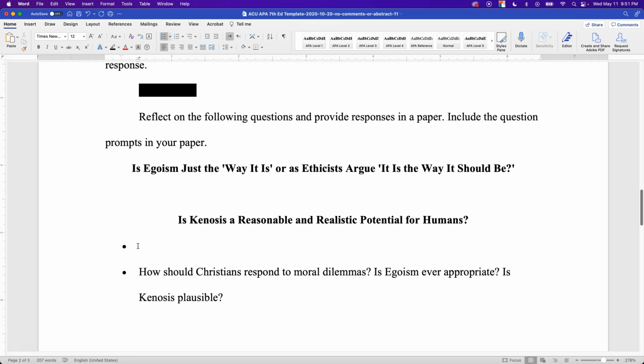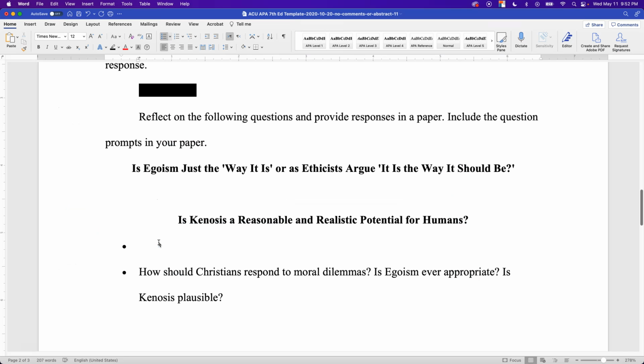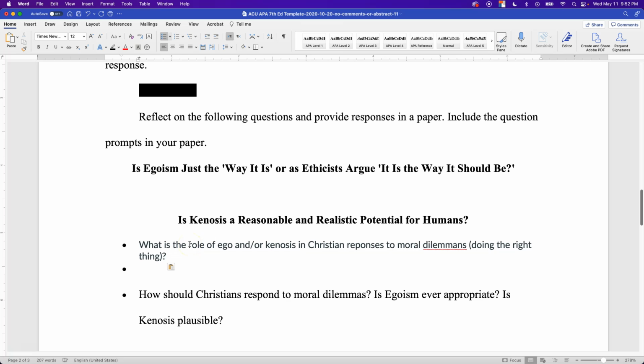Now here's a point where I'm going to go back and look at that rubric. As you may recall, the rubric has a slightly different thing than the instructions, where the third bullet in the instructions has 3 distinct questions, and this has more of an overarching question to encompass those 3. So this will make a great heading over the other three. So we're going to go ahead and copy that from the rubric, paste that here,